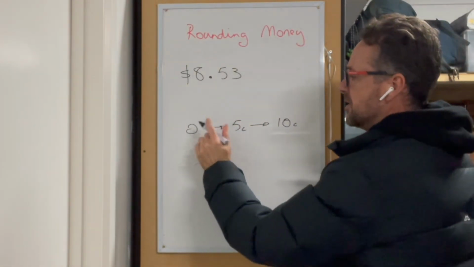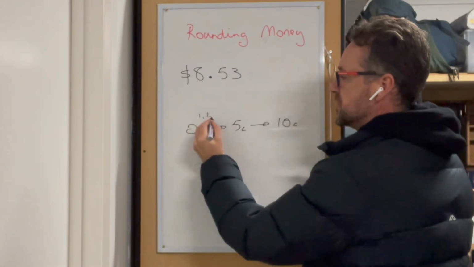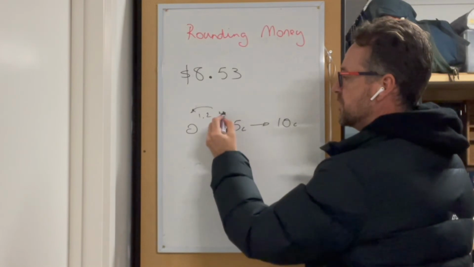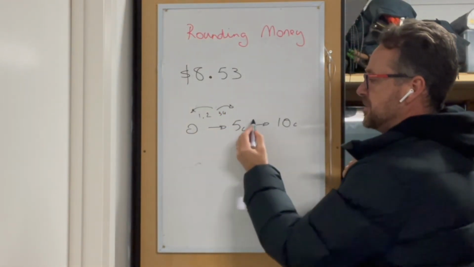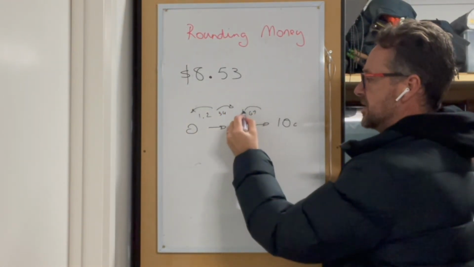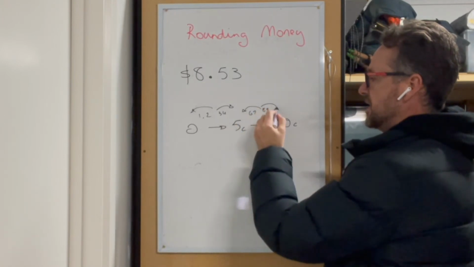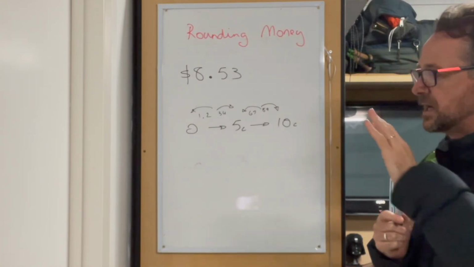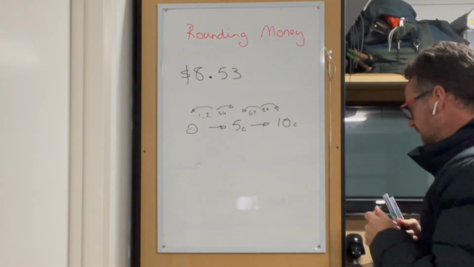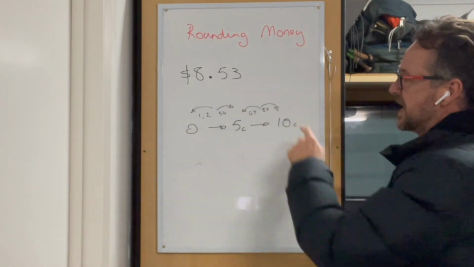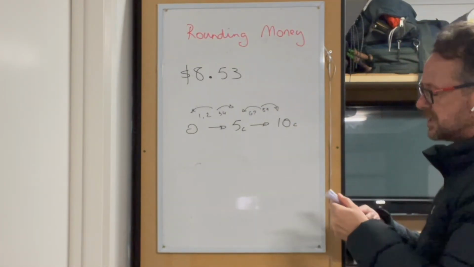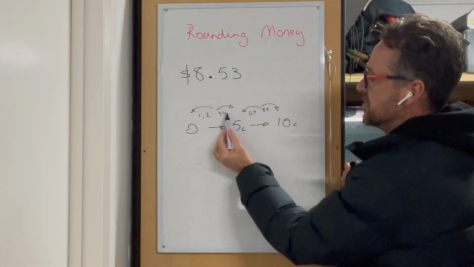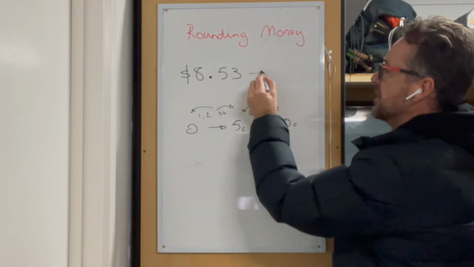So here, anything from the 1 and 2 cents gets rounded down, and anything that is 3 or 4 cents gets rounded up. And the same here, anything that's 6 or 7 gets rounded down, and anything that's 8 or 9 gets rounded up. So it's slightly confusing in that there are a lot more elements to it. Let's have a look here at $8.53, and we can see here that the 3 is closer to the 5, so then it would get rounded up to